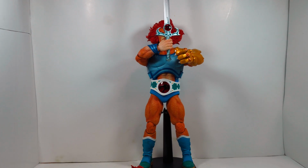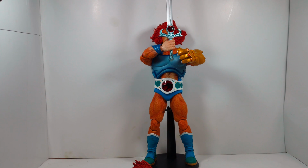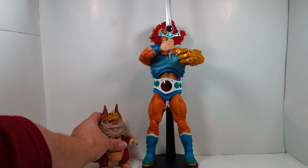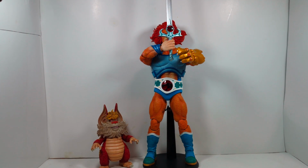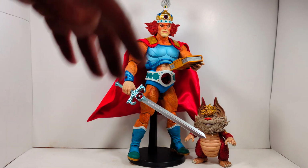And you can display it like that if you choose to, with no problems and no issues. So now let me show you one of the last ones you can do, which is actually pretty cool. Let's bring Snarf over here, and I'll be right back. And so here we have him displayed in another option, and this is him with the king crowned look, the